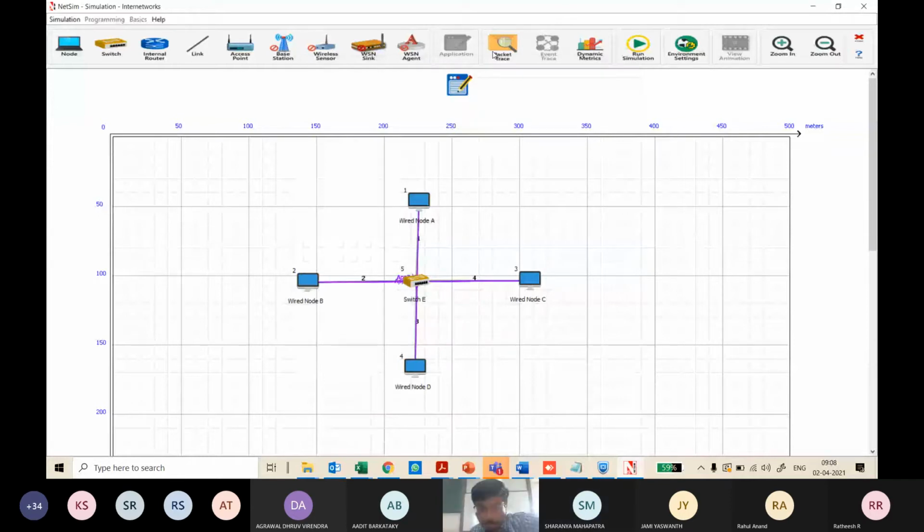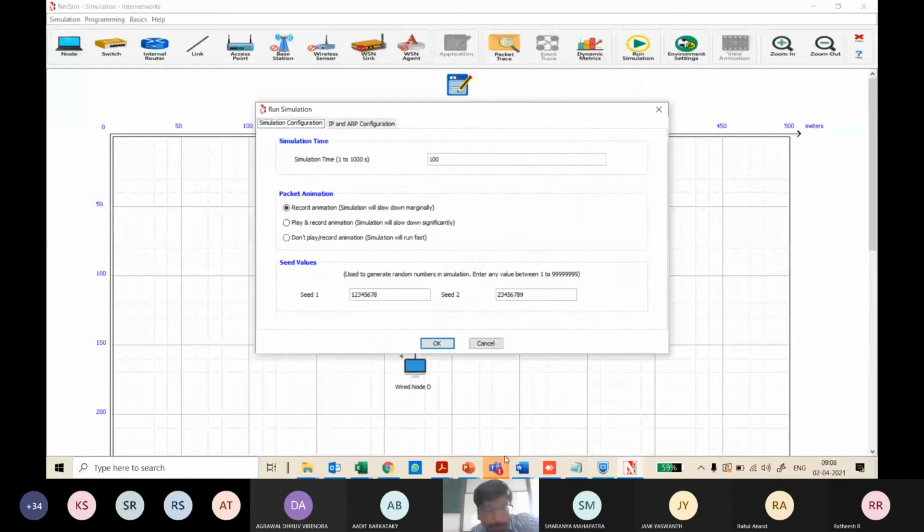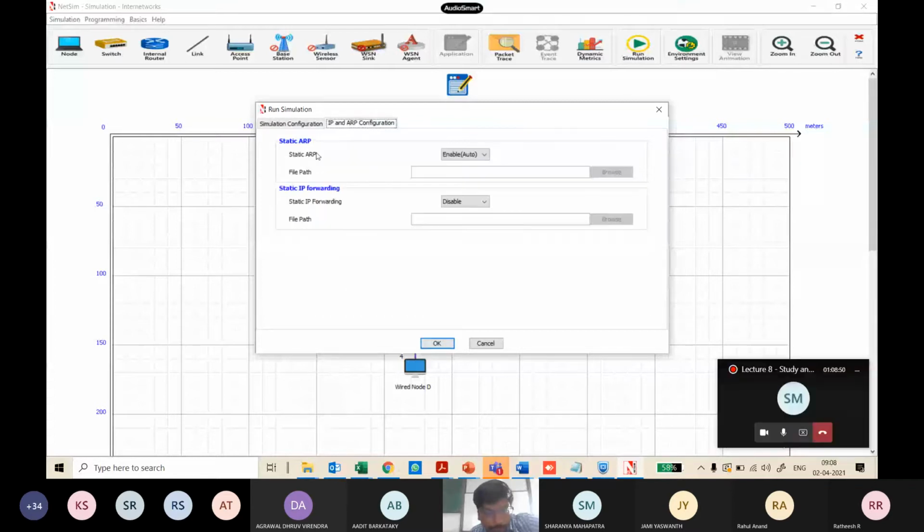Okay, fine. So now before you run the simulation, just don't click OK. There are 2 tabs that you see here. Go to the IP ARP configuration. Here, I want you to disable the static ARP. What is ARP? Anyone?